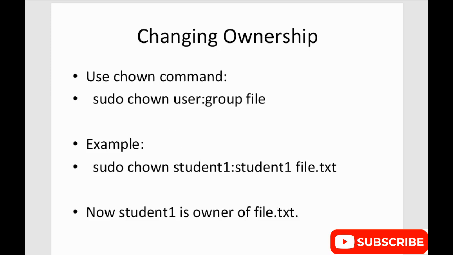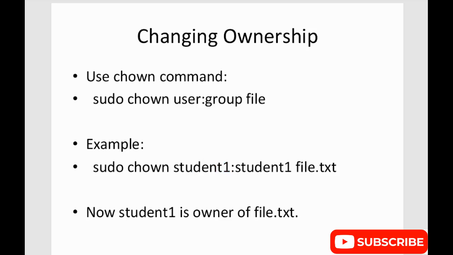So simply use sudo for the root user and chown, it's used for the owner because you want to change the permission of the owner. So the owner and the user and the group file from which group you want to remove or add the owner permission. So you can see here the example sudo chown is for the user owner and student1,